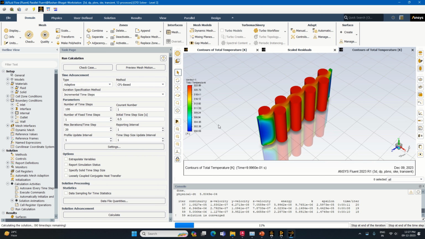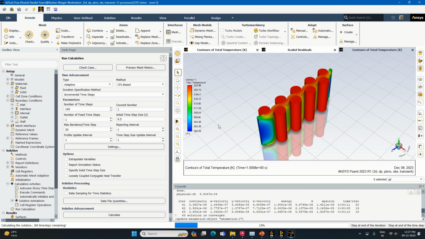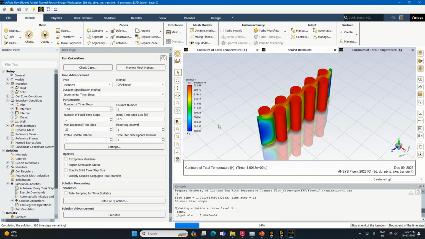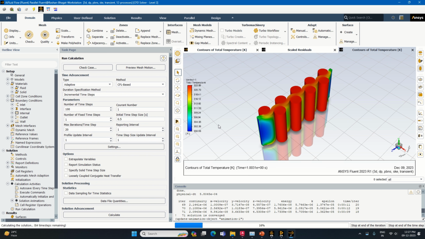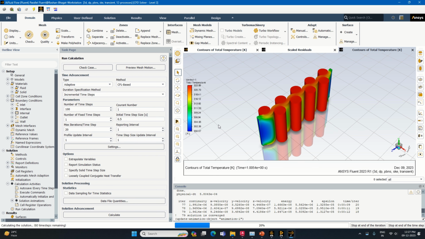So this is how the simulation can be done. We started with the preparation of geometry, right from the geometry we prepared, and this is how the simulation is done. The last part, which is related to the post processor, is already covered in the previous video. So this is all regarding how to prepare the geometry, how to apply the boundary conditions and how to visualize things in the post processor and the setup. So let's